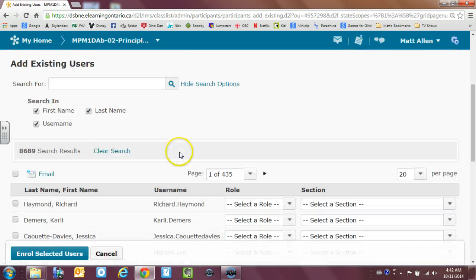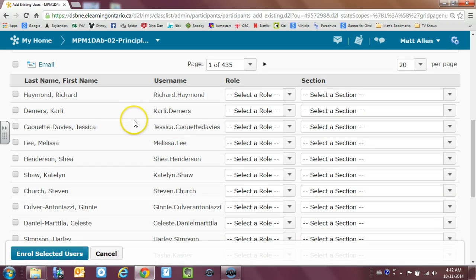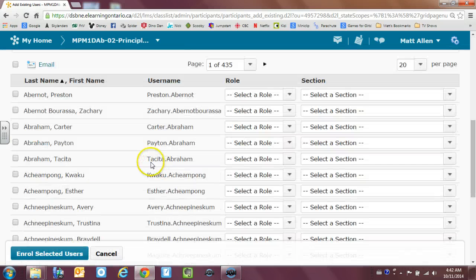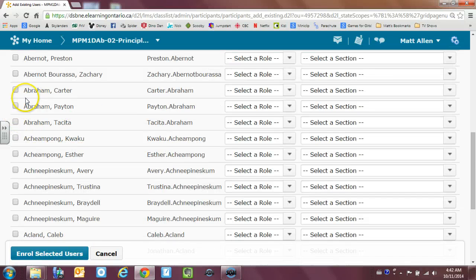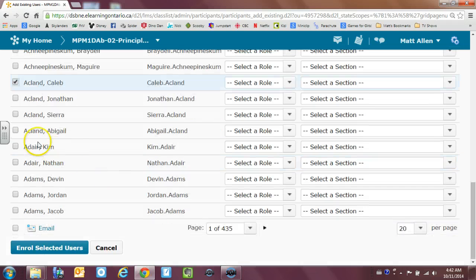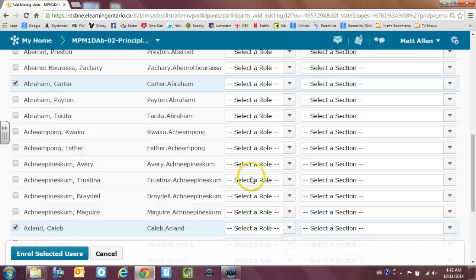it should basically just bring me up all the students, actually in the entire board it looks like, who have accounts. Now obviously that's not the perfect situation, but you can sort by last name and then kind of go through and choose your own students as well. So Carter Abraham's in my class, Caleb Ackland's in my class, Kim Adair of course is in my class, and